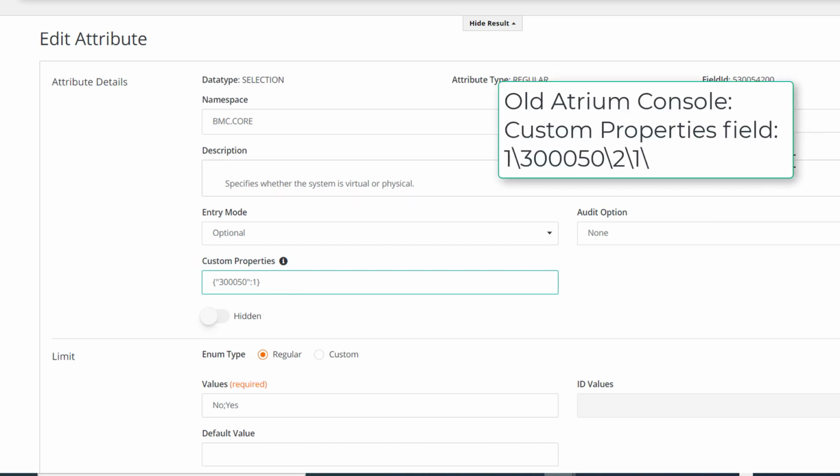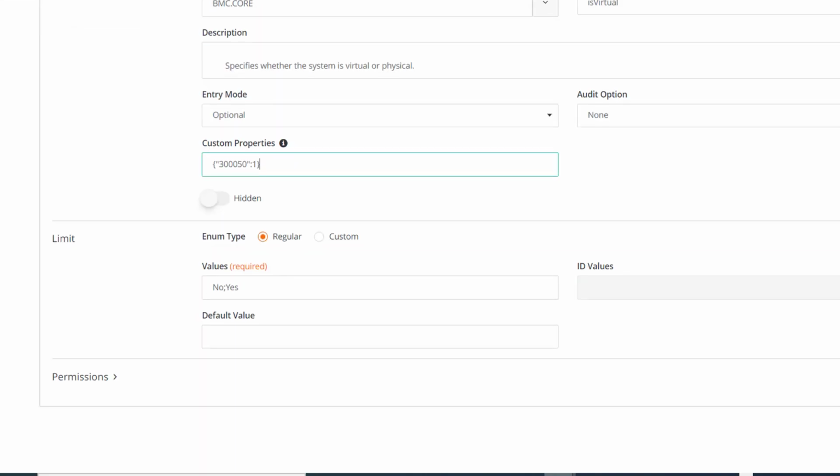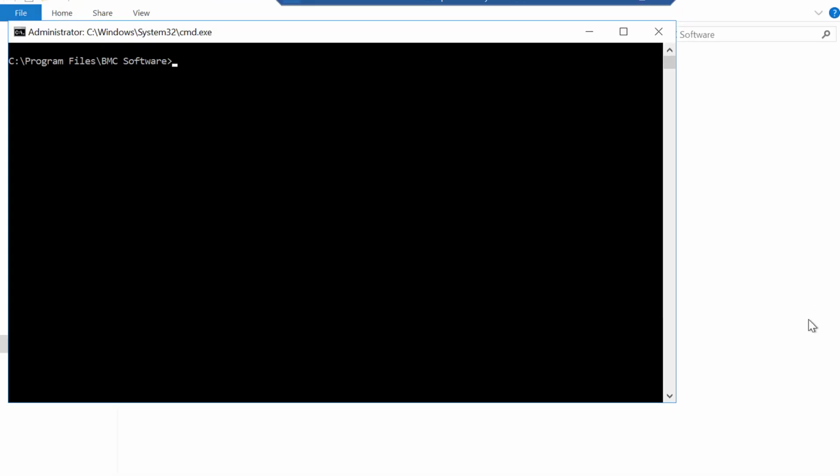For older versions, you can refer to this annotation for the format to be added in custom properties. Once this is done, you can now click on Save. Now log into the TSIM server and run the pclassinfo command. This command will synchronize all the classes and the attribute definitions from the CMDB server, and it will generate a